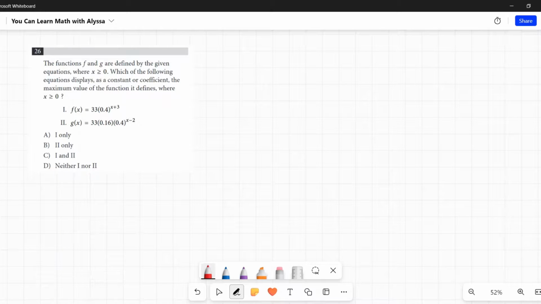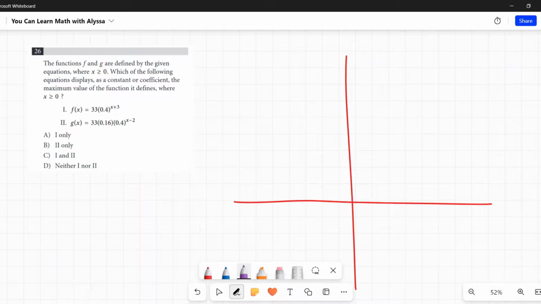And just to give you an idea of what you're looking at. Because when you have something that's to a power of x, and you've also got these 0.4s, which are fractions, essentially it's 2/5, it's better to get a graphing calculator so you know what you're dealing with. If you have a basic function where x is in the exponent, like 2 to the power of x, it's going to look something like this. You have where it's approaching 0 going left, and it's going up into the sky going right. But when you start adding different things in the exponent and you start adding fractions in the base, it can be a little tricky to know with certainty